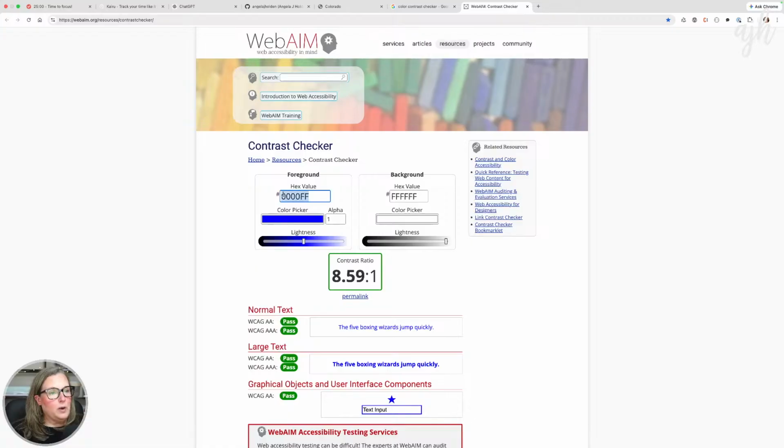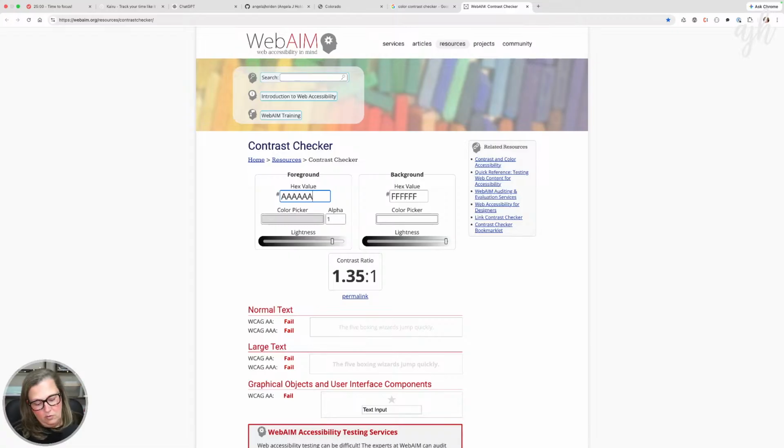So if our background's white, what can we get away with? I don't remember. Okay, definitely not that. Oops. That's darker. A, B, C, D, E, F. F is lighter.